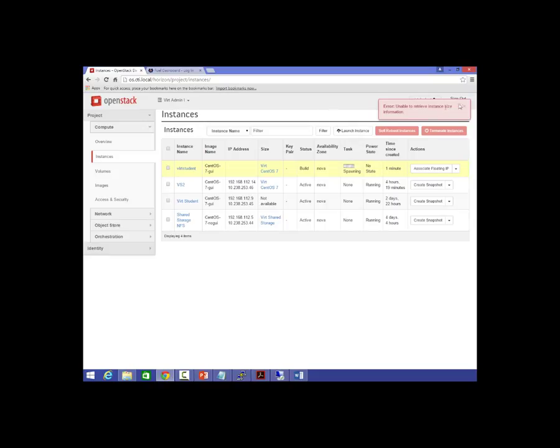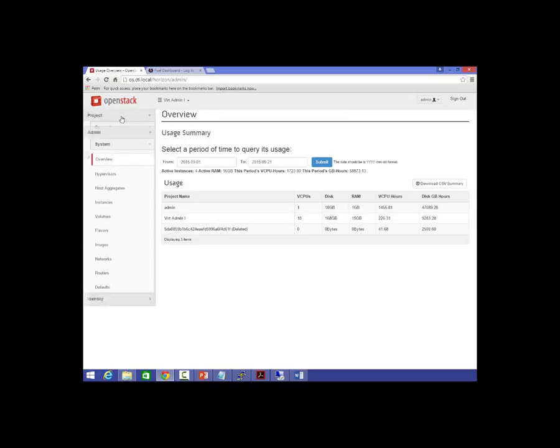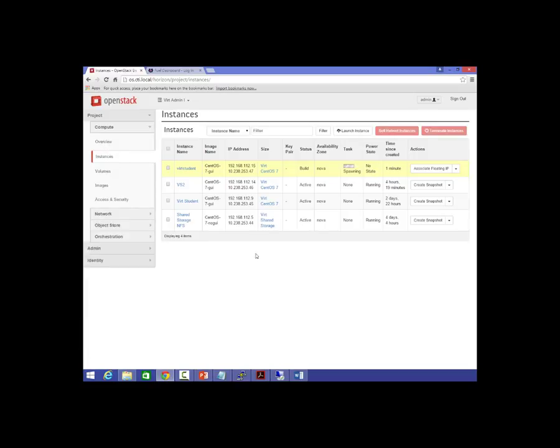Let's see. It's probably not going to show me the addressing information until after it spawns. There we go. So to connect to it, use PuTTY or RDP. And this public address, the 10.238.253.47, that'll be in my portion of the lab document, is the difference between the 2 IPs. But that's how you physically connect to the instance.